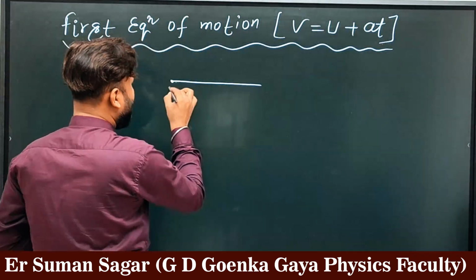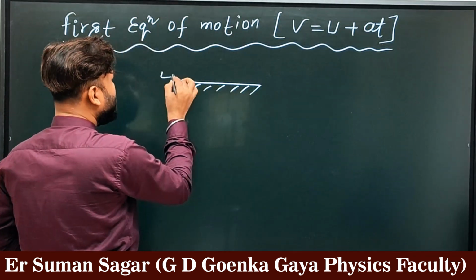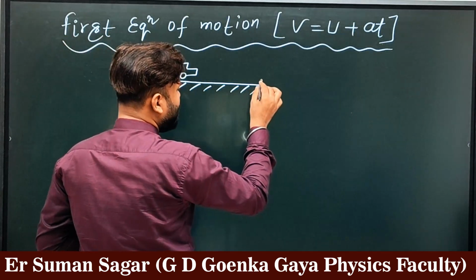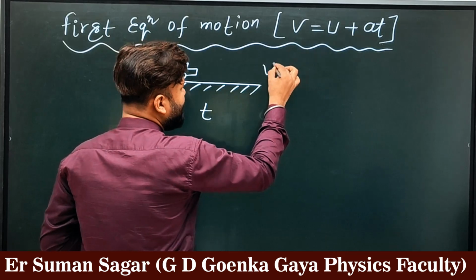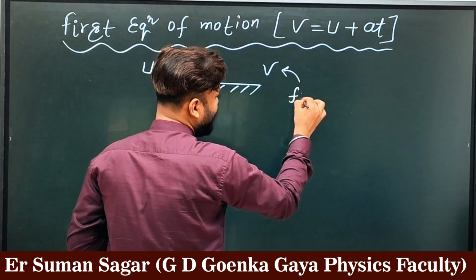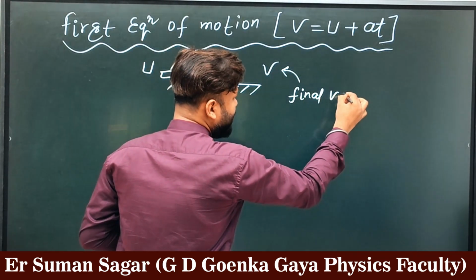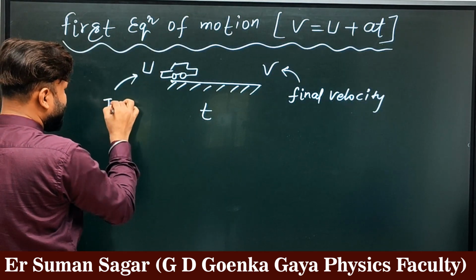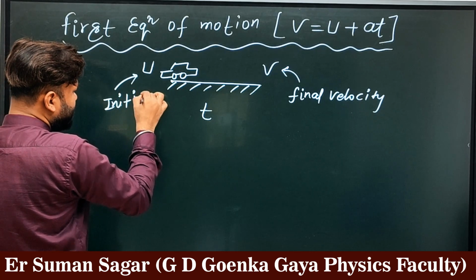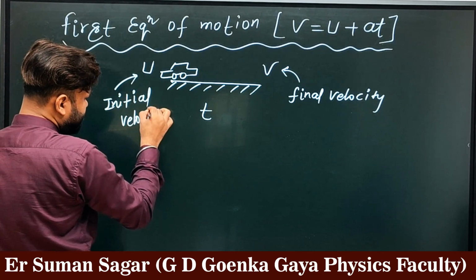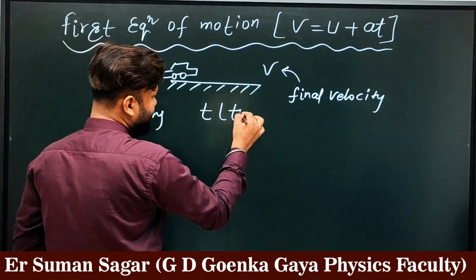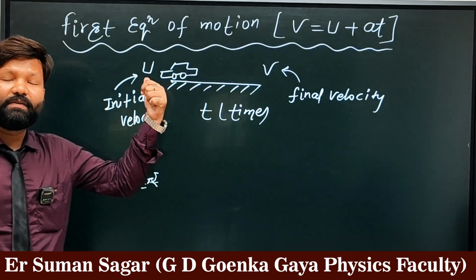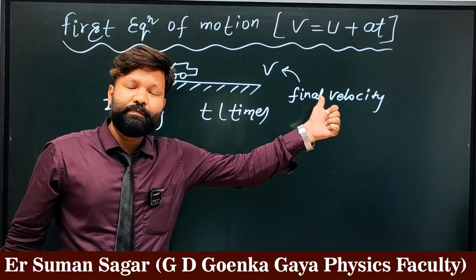Suppose a car is moving with initial velocity U. After time t, its final velocity becomes V. Final velocity, that is V, and this is the initial velocity, students, and this is the time. What I have said is that a car moving with initial velocity u, after time t, its final velocity